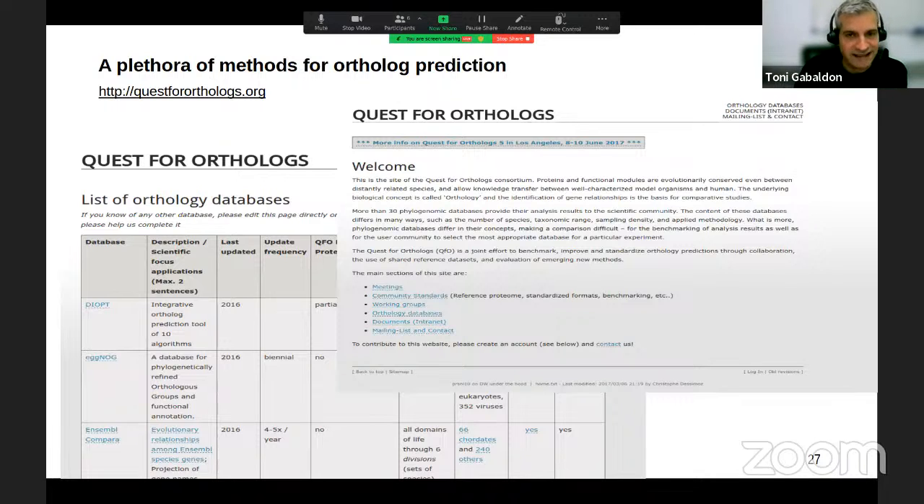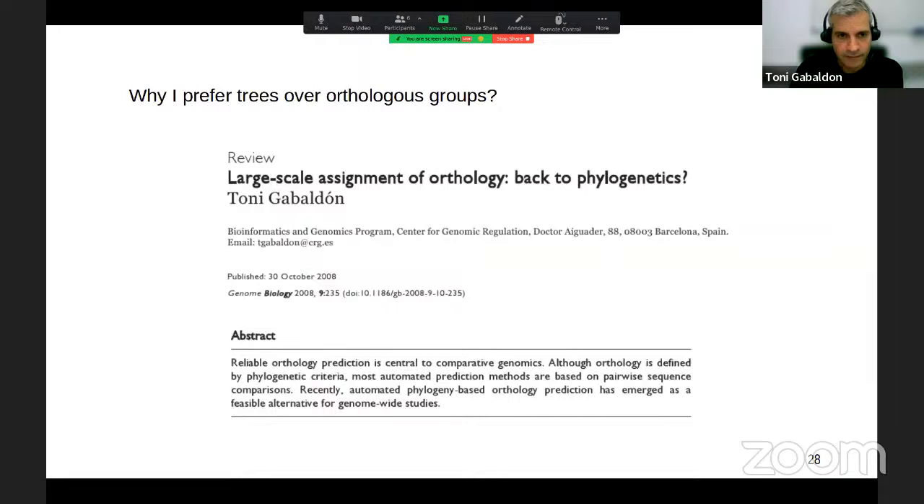And the website maintains a list of many different databases and methods to predict orthology. But here I'm going to talk to you about the phylomeDB approach, which is our own approach to orthology, but also to many other things. I will say that phylomeDB is not just an orthology prediction approach, but more a data mining approach for gene phylogenies. And first, I would like to provide some arguments on why I prefer trees over the orthologous group